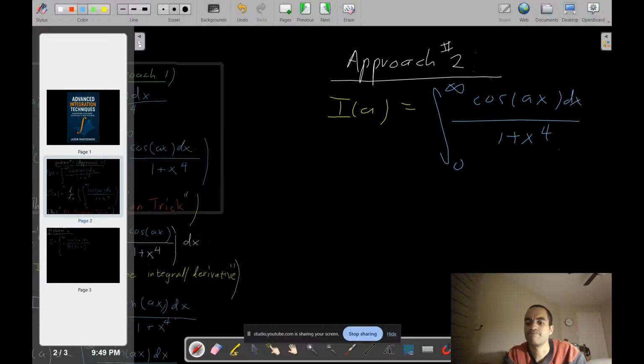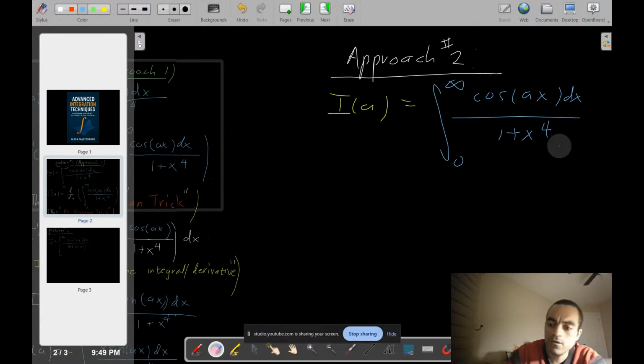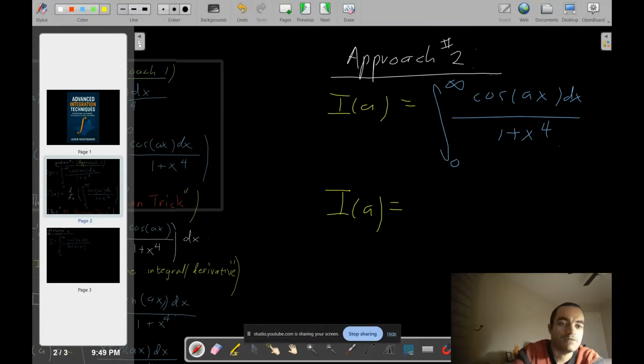Now, contour integration is just integrating along some trajectory or some path, and it's in the complex space, in the complex numbers. So I as a function of a can now be equal to the integral from 0